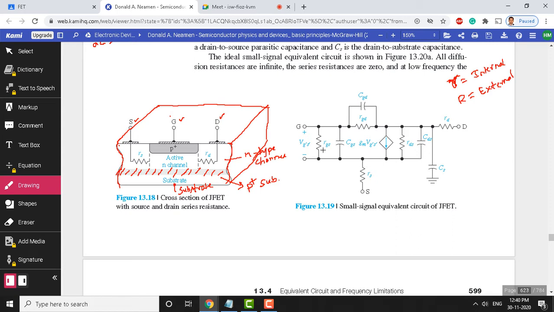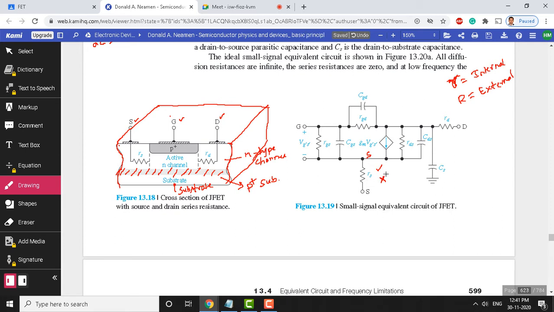Because here we say RGS is a resistance between gate and source. Right now we are assuming that this point is going to be the source. But see, there is a resistance here, Rs. We will see whether we want to include this Rs, because here we have two scenarios. One is with Rs, what consequences we will come across, and without Rs also we will see. That's what this topic talks about.